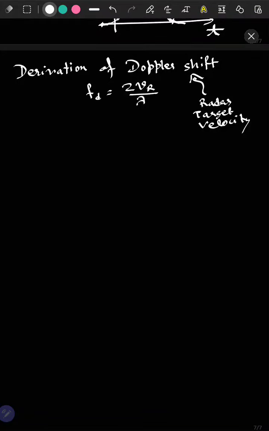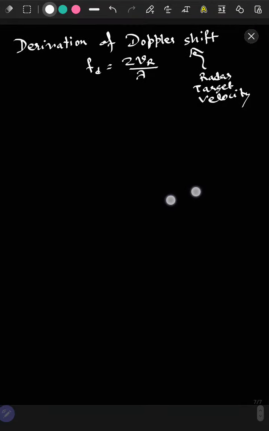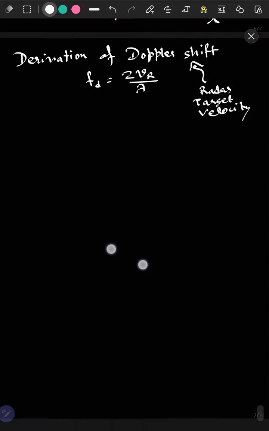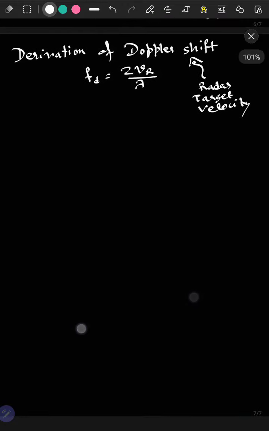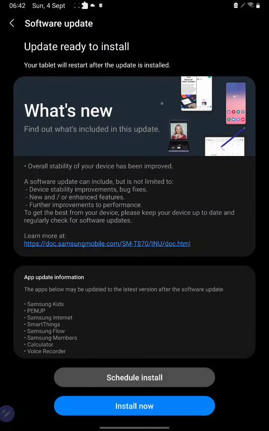Hello, all. We shall talk about the derivation of Doppler shift. Doppler shift is very important in case of radar target velocity determination. And the final equation of Doppler shift, FD, or Doppler frequency shift, equals twice VR by lambda,